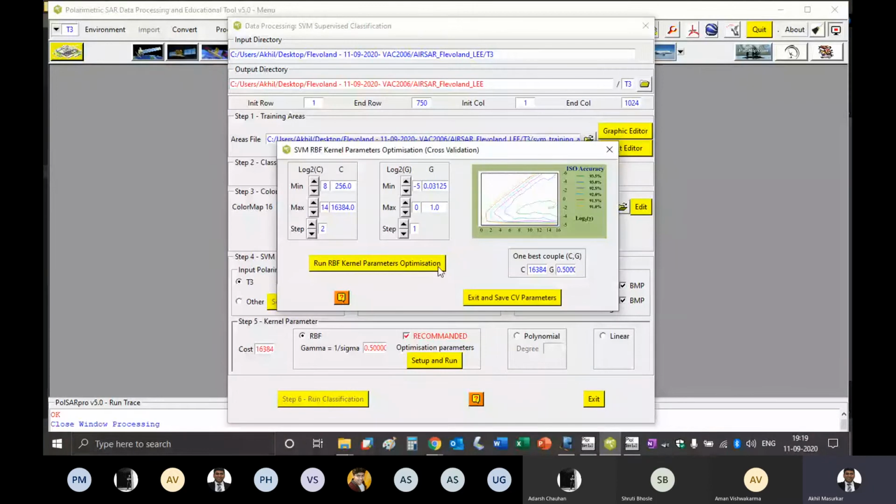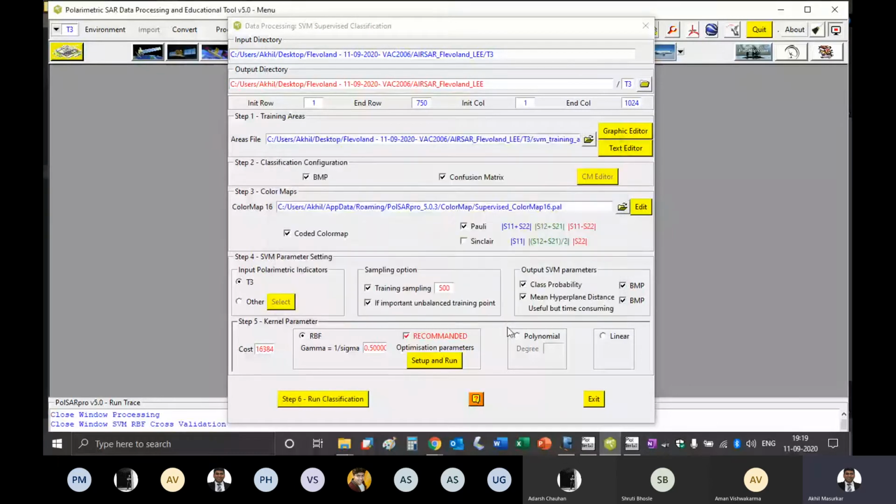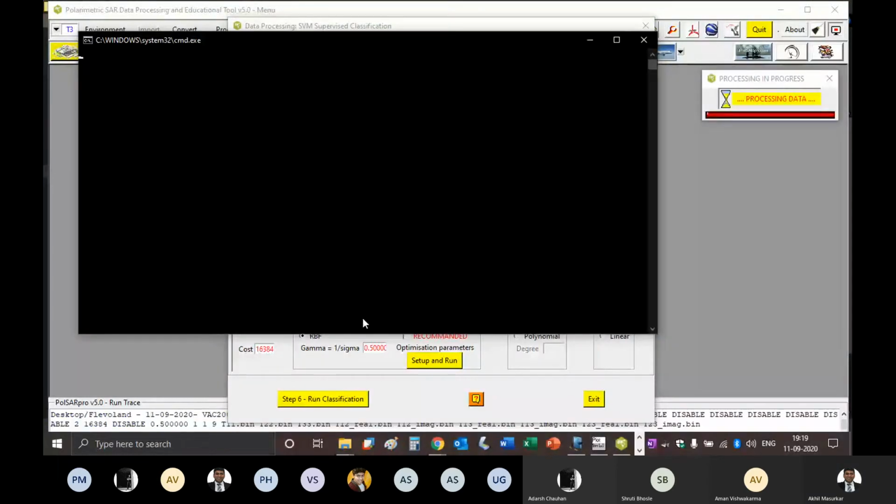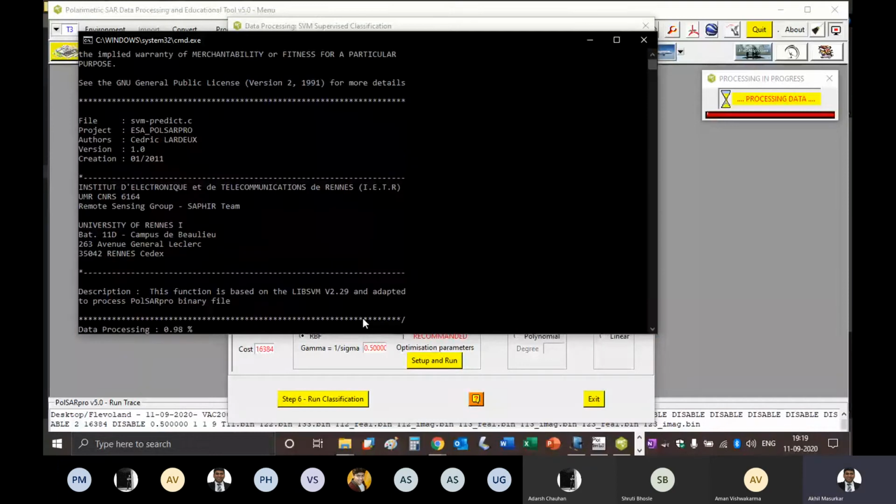Okay, optimization is done. Exit and save CV parameters. Say OK, and then save. Run classification. So I'm running the classification.